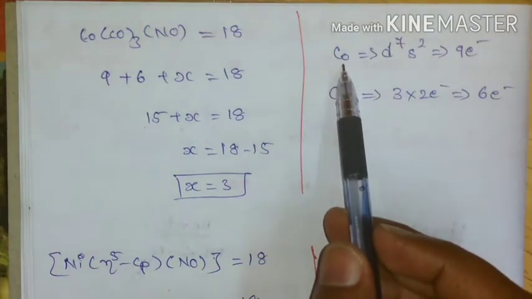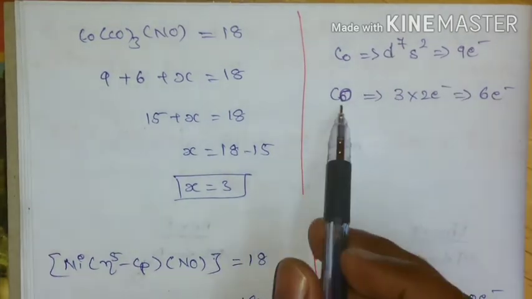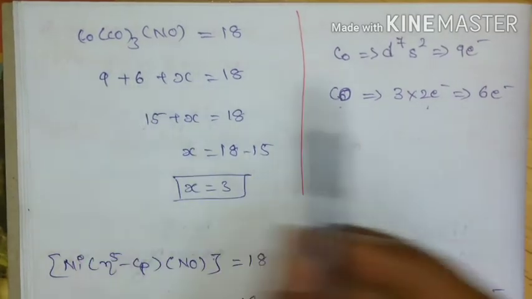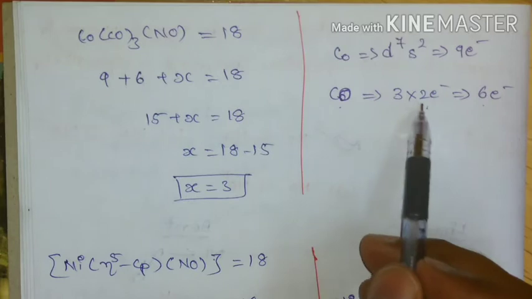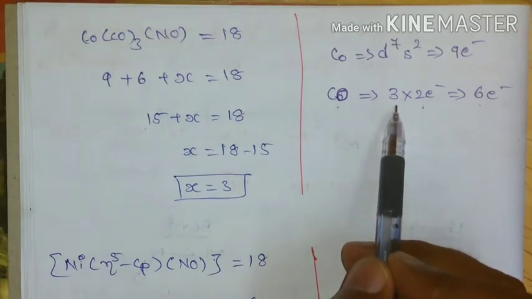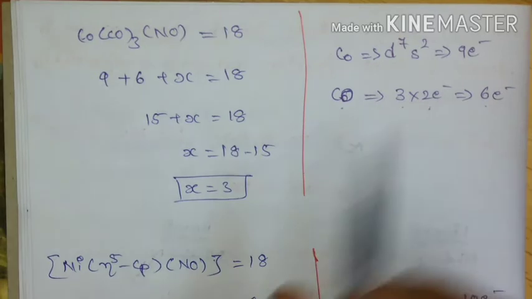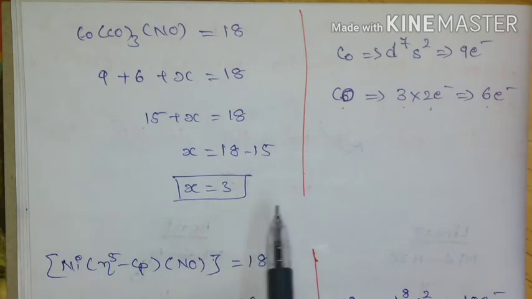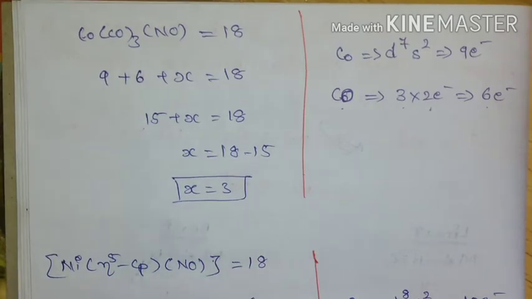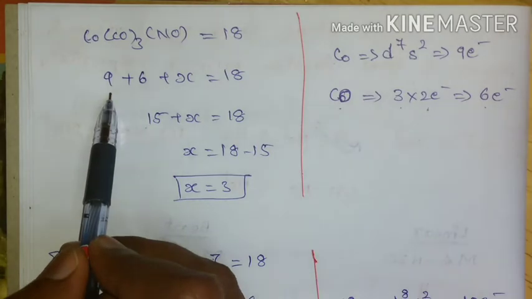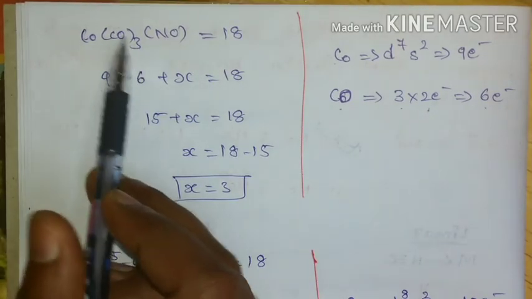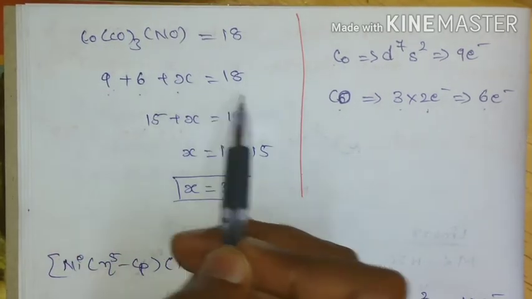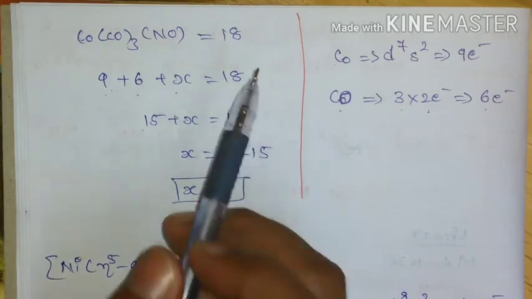The metal is cobalt and it is going to contribute 9 electrons, and CO is a neutral ligand, it is going to contribute 2 electrons. So it is going to have 6 electrons because 3 CO ligands are present. By using these values, we need to determine X, that is NO, and from the X value we can decide whether it is linear or bent. So 9 electrons will be contributed by the metal and 3 CO ligands going to contribute 6 electrons. We need to find X, and this complex is going to obey 18 electrons.